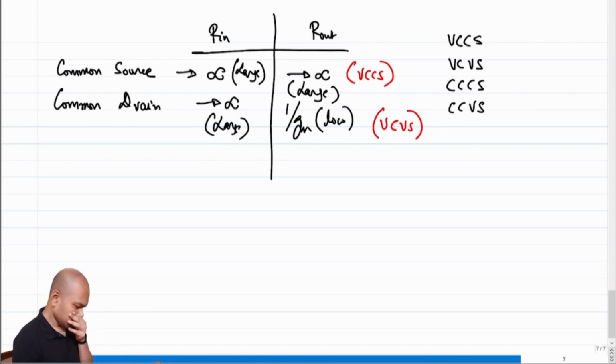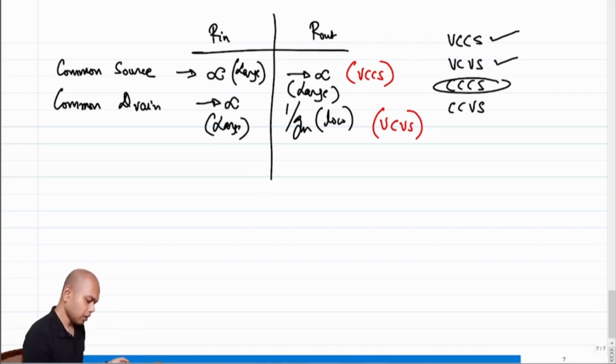Okay. So now this is ticked off. This is ticked off. Let's try to see if we can attack current controlled current source. So in a current controlled current source, what do you think the input impedance has to be? In a current controlled, when you say current controlled source, which means the input should be able to take in any current, right? Which means that the assumption is that if you have a CCCS,